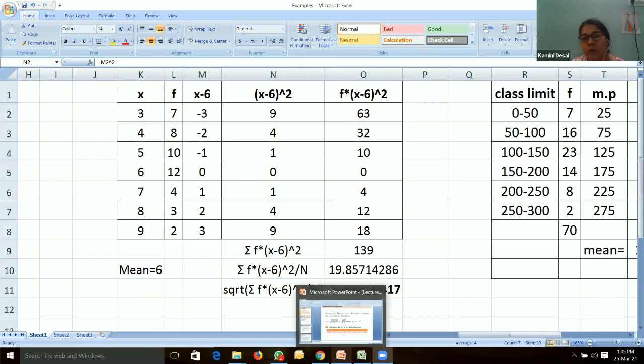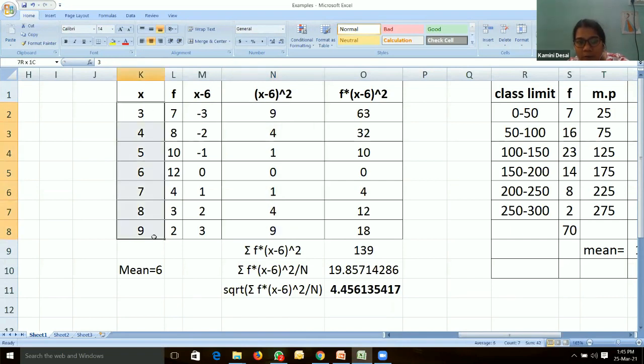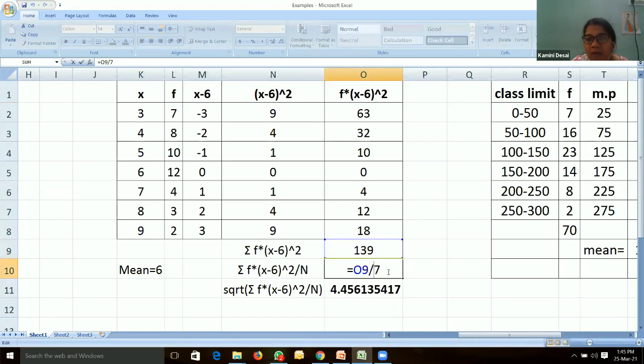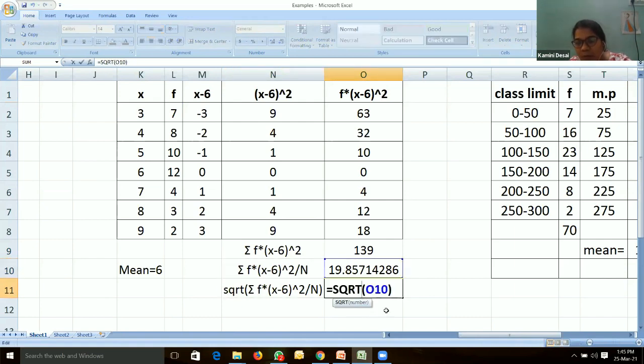Then in the formula, you have to divide this term, the sum of this term, which is 139, by n. 139 divided by 10, because we have, sorry, 7 observations over here. So whatever the answer is for summation 139 divided by n, n is 7. We got the answer 19.85, and I have written over here the square root of that particular term. The square root of this number is 4.45.